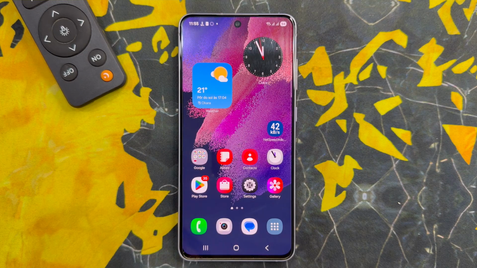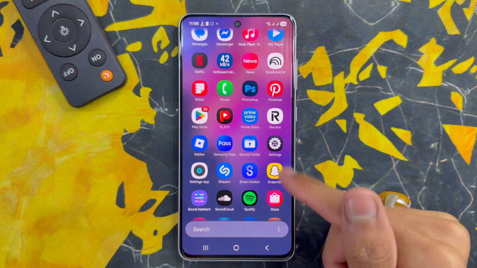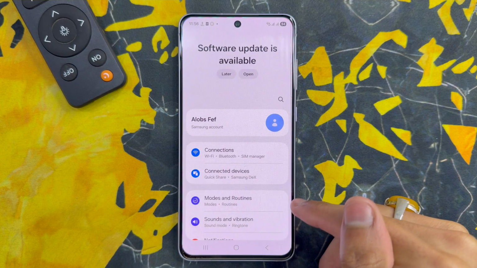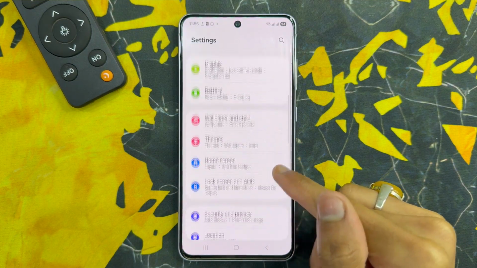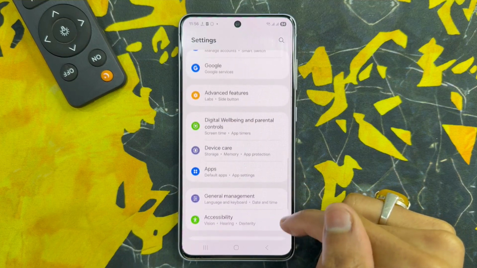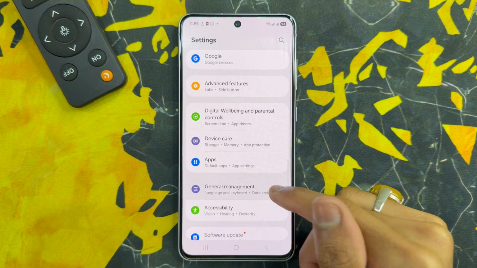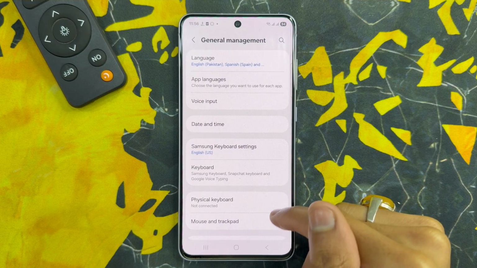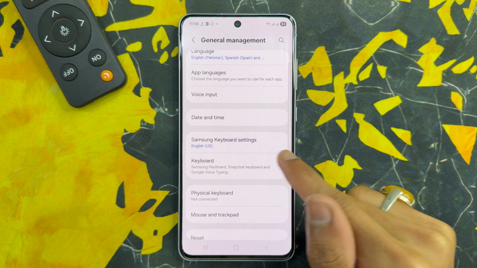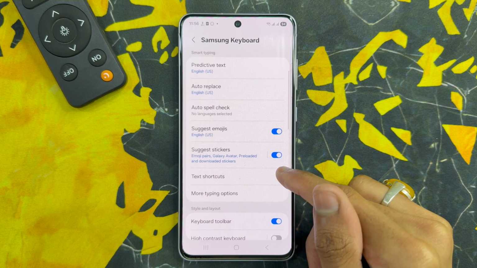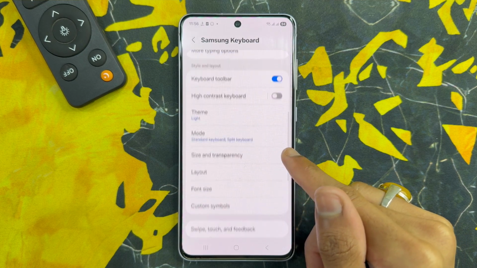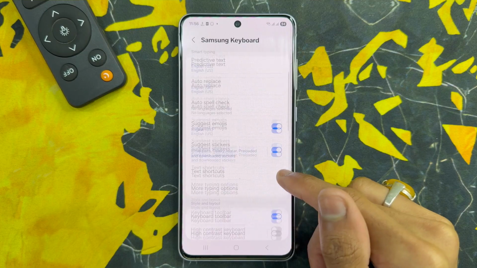Let's start the video. First of all, go to App Library. Here click on Settings App. Now in Settings, scroll down and click on General Management. After clicking on General Management, click on Samsung Keyboard Settings. After clicking on Samsung Keyboard Settings, scroll down and click on